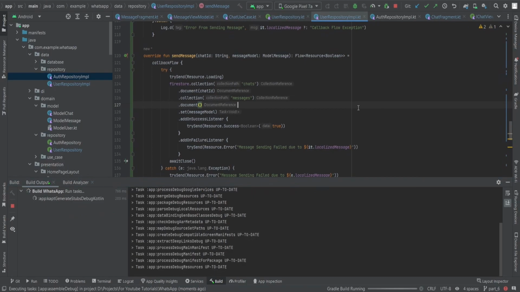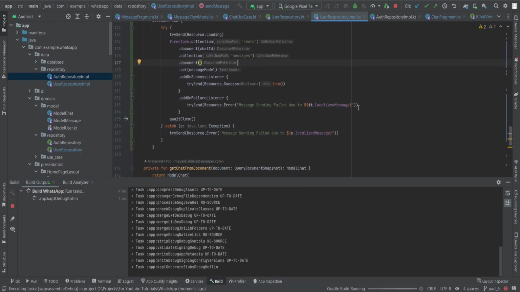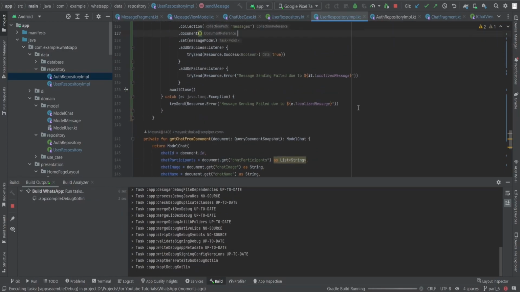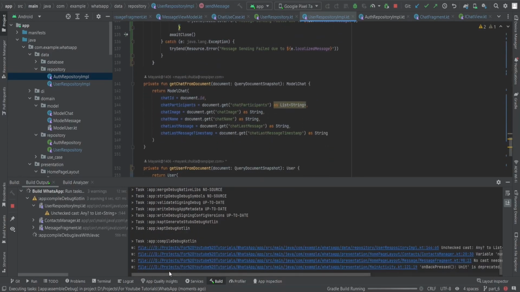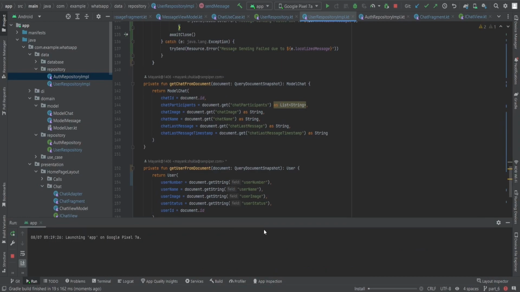Now let's run the app again. Call black flow, then try and then catch. Okay, there should be an issue. No. Okay, now let's see. It's going to work, but how accurately it's going to work, that's the issue.